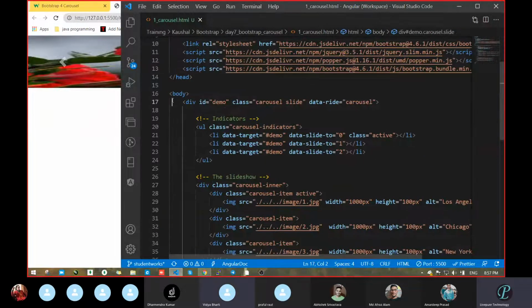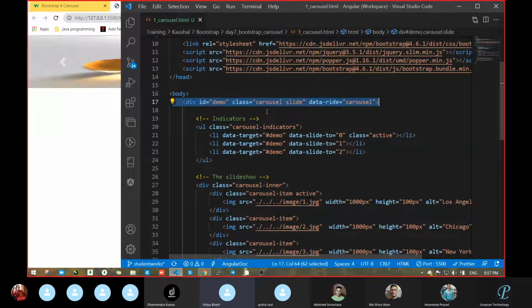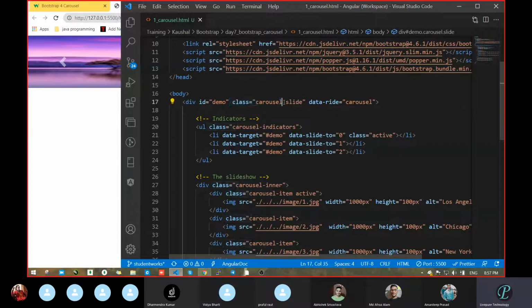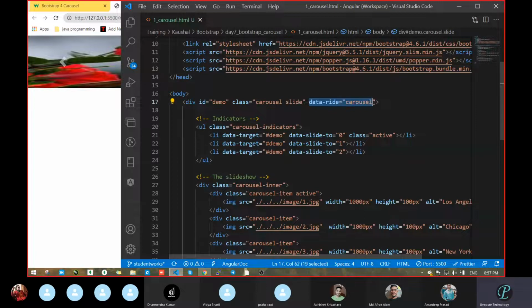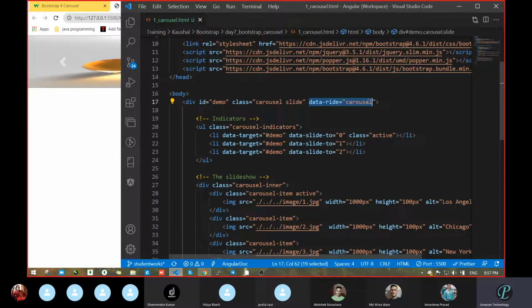So what we had taken on the top div, it's called carousel, yes sir, correct. So we had taken the class carousel, and here we had taken the slide class, and one more is data-ride, data hyphen ride, carousel. All the time there is no need to remember every single line, every single class. But slowly, when we get used to things like button and these all become popular, they directly stay in our mind because that's simple. So terms we have to remember, design we have to remember, then only we can modify, and we will get the idea of who is playing the main role.